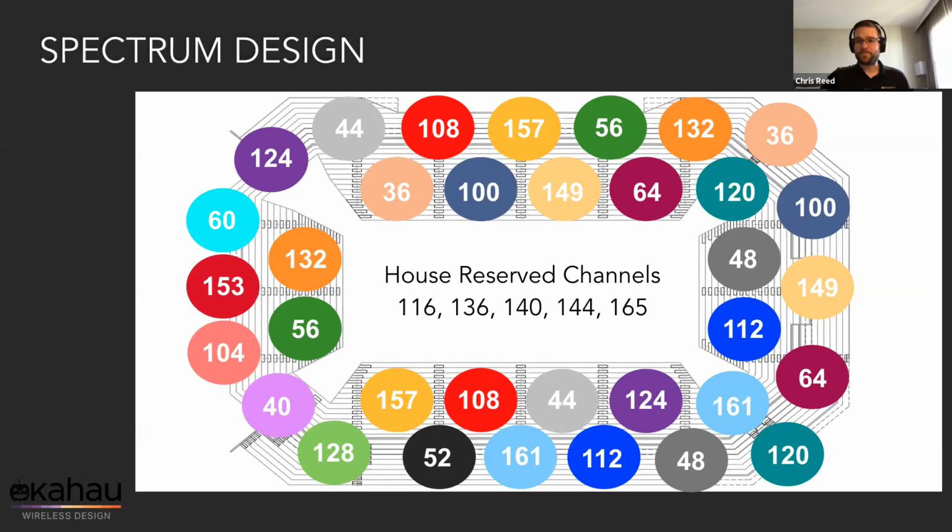Yeah, and with some of the professional teams, you've got allies in your fight against that: there can be frequency coordinators who are responsible for making sure that everyone's playing well together. So that not just the public Wi-Fi is working, but the video streams are working, and the audio streams are working, and the referee microphones are working correctly, and we're not stepping on each other. So it's important to talk to them as well.